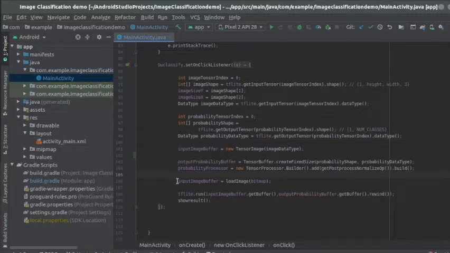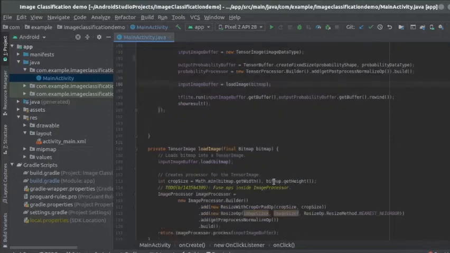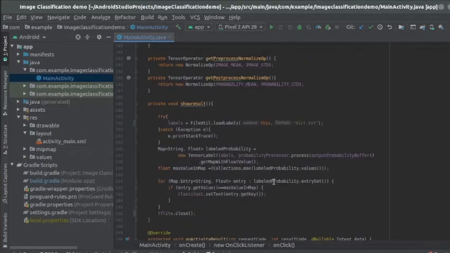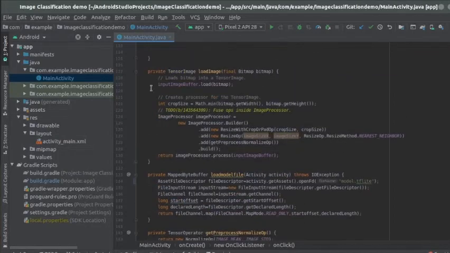Then here, this is the main line. We are converting our bitmap into a tensor image and putting it into the buffer. This is our tensor image buffer. The load image function will convert our bitmap into a tensor image. Let's look at the definition of this load image. Here is the definition of the load image function.